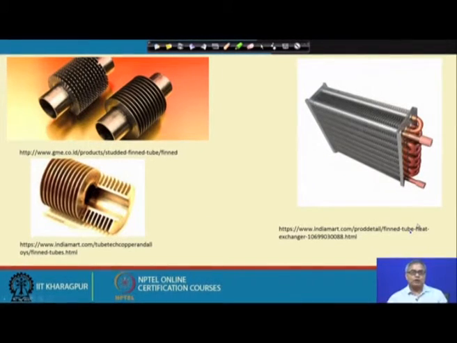Okay. So, here we are having some fin tube heat exchanger to have some idea. You see on the tube there are fins. So, let us see these three figures. There are tubes and on the tube there is fin. So, here you can see the tube and fin, they are integral. If you see this cross section, from the same material tube and fin they have been made.